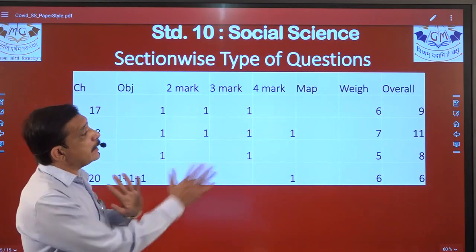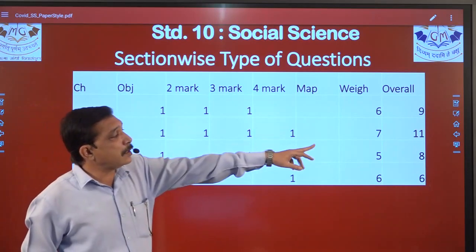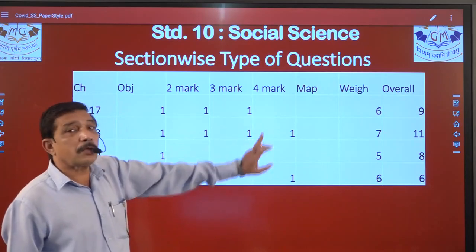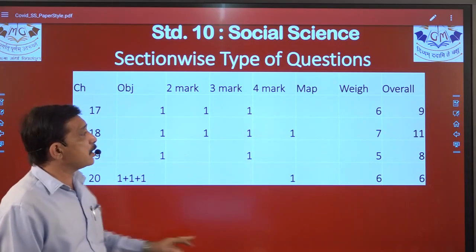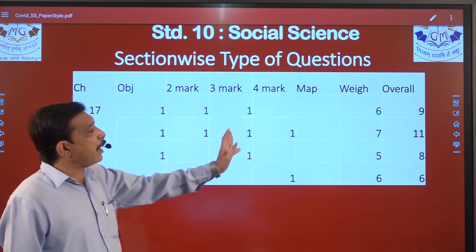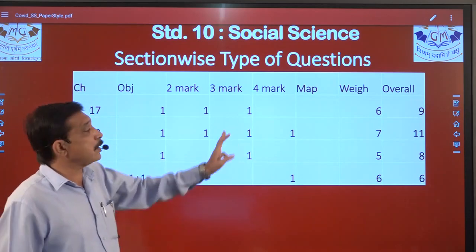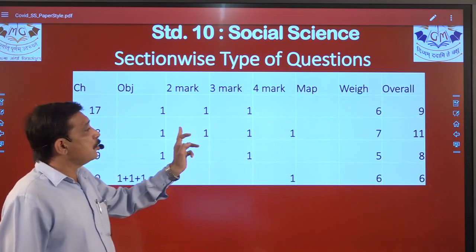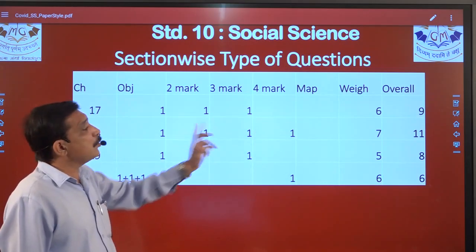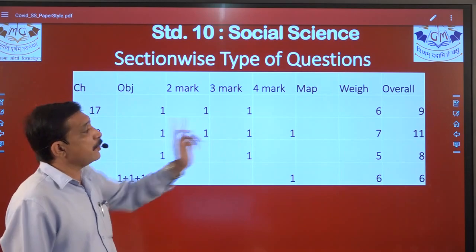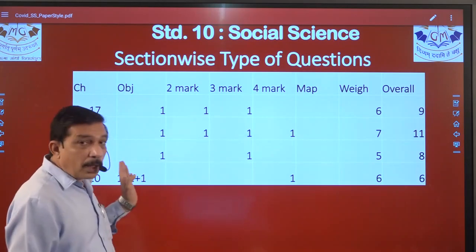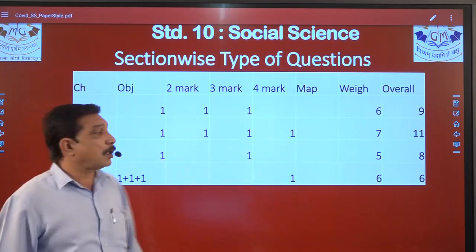Chapter number 18, it can shift here and there because weightage is 7, you can get a total of 11 marks because a 4 mark compulsory question will come from chapter number 18. So you prepare that. You can have another option of 3 marks perhaps, then you'll get 7 marks over here. Otherwise no, then 4 marks here, 2 marks question also will be there, so 4 and 1 2 6 and 1 7. So anyhow they will finish that 7 marks weightage over there. You prepare it very well, you can get 11 marks straight out of there.